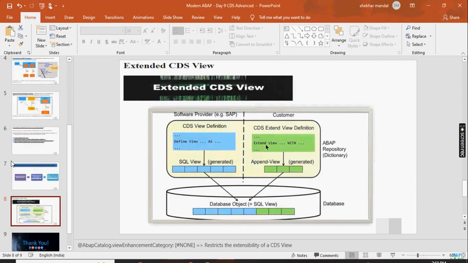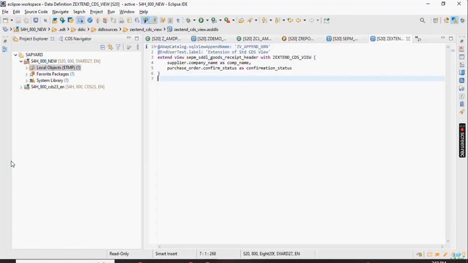So when you are extending your CDS view, extend view with, Satish, there is no limit. You can try to extend a CDS view with multiple append structures. Sorry, not append structures, my wrong, with extension of CDS view. But unnecessarily,